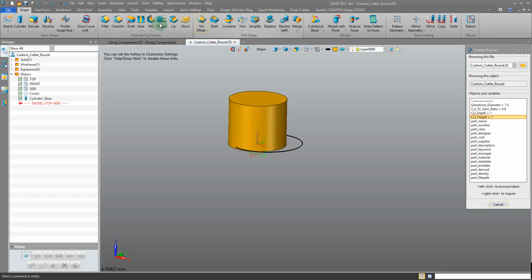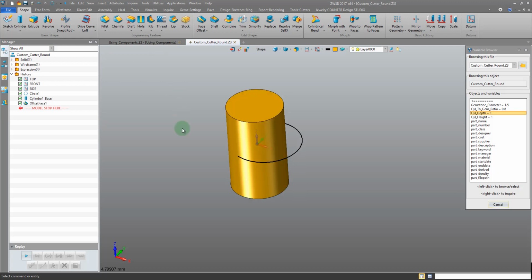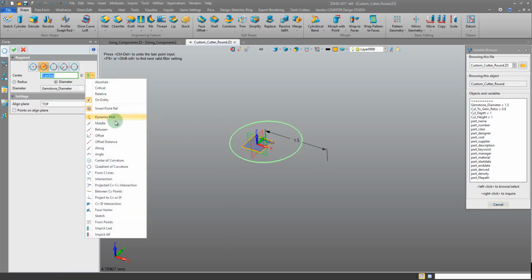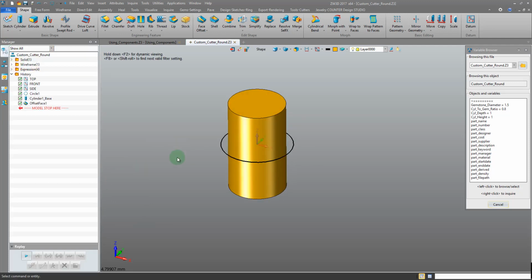Confirm, I'm going to do a face offset, and this will be the depth. We can just left click in the field, left click the variable when you have the variable browser open. So I need to center this circle again. I'm just going to right click, redefine, and make sure this is centered. I need to unpick last and make sure it snaps there. Okay. Right, so I'm going to add a fillet